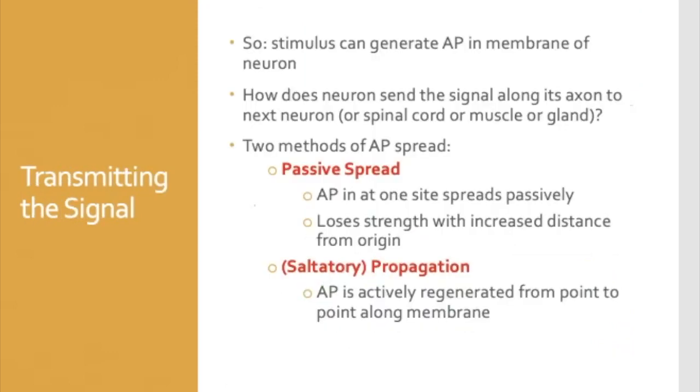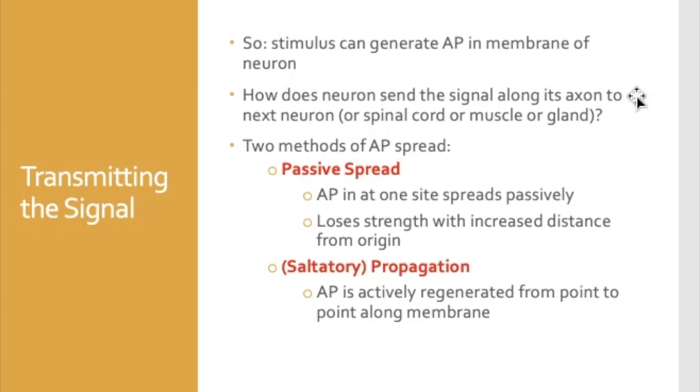But neurons can't just generate one action potential. Neurons have to generate multiple action potentials, one after the other. And that's where we get into transmitting this electrical signal. The neuron has to send the signal all along its axon to the next neuron, or to the spinal cord, or some effector like a muscle or a gland. Remember that action potentials can spread in two ways. They can spread passively, and they can be propagated. And depending on whether or not the axon that we're talking about is myelinated or not, sometimes propagation is saltatory